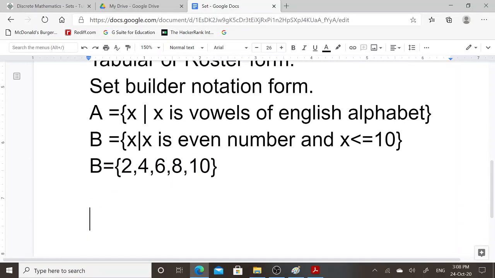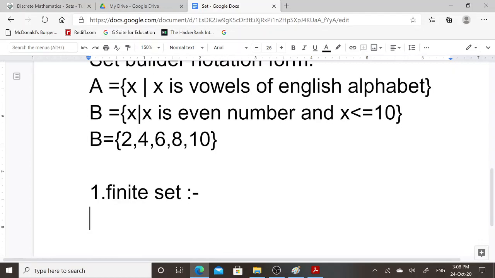Now we will focus on different types of set. First type, finite set. What is meant by finite? Limited.